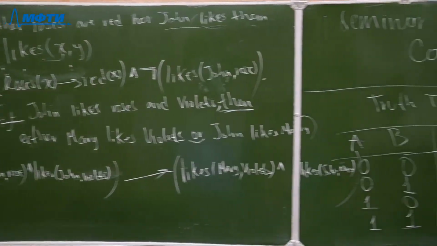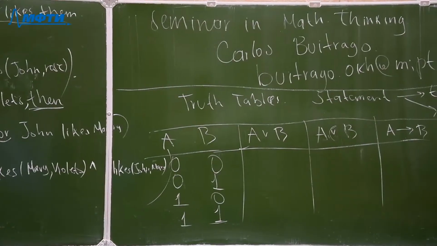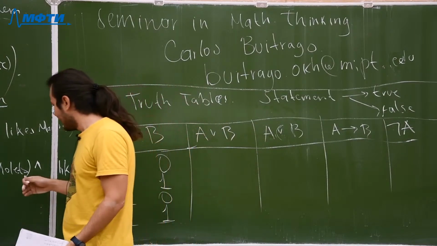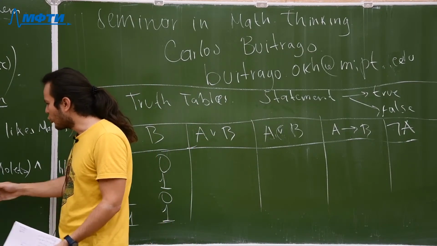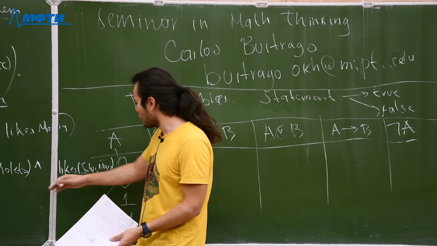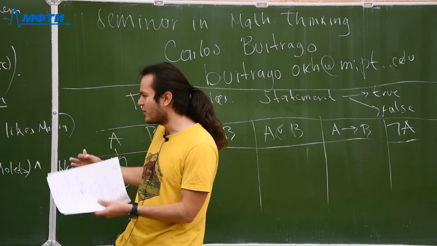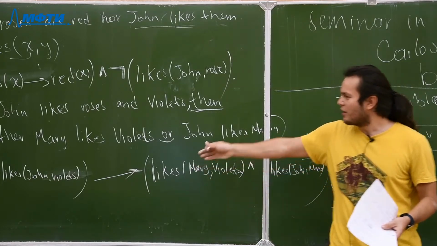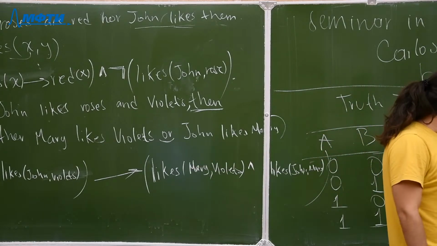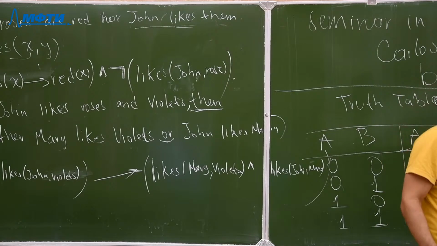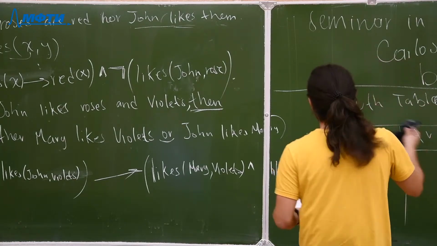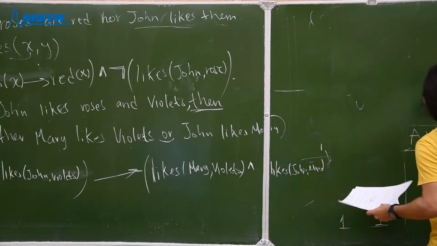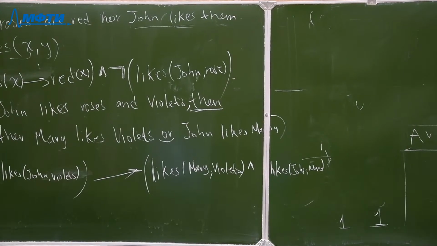Okay, and so on. So we can construct really complicated sentences, and of course we are not 100% sure that this is correct because it can have many different interpretations in this case, but I think it is. Okay, and let me just write one more, and then we can begin with something more interesting.